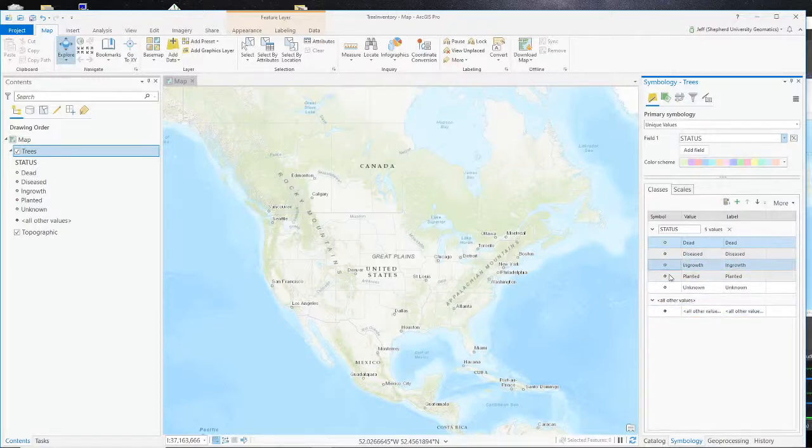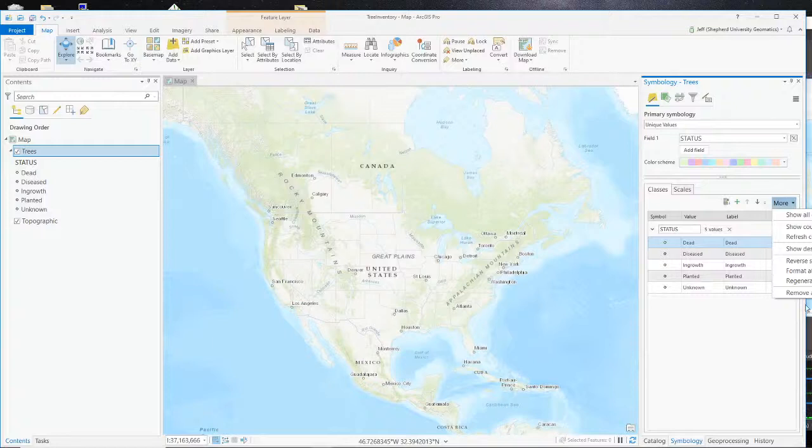So right now, all the symbols for all the features in this feature class will just be these little dots, and they're different colors. We don't want to see all other values, so let's turn that off. We can click More here and then select Show All Other Values, and that goes away. So we're just seeing the symbology for the 5 different possible values that this attribute can have in our feature class. And if you don't like dots, you can go up here and you can do